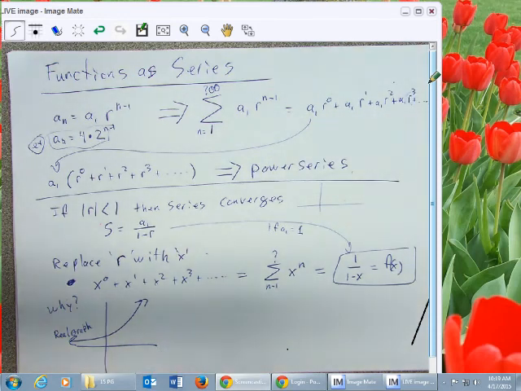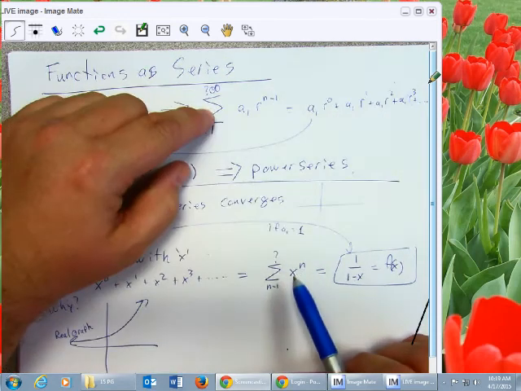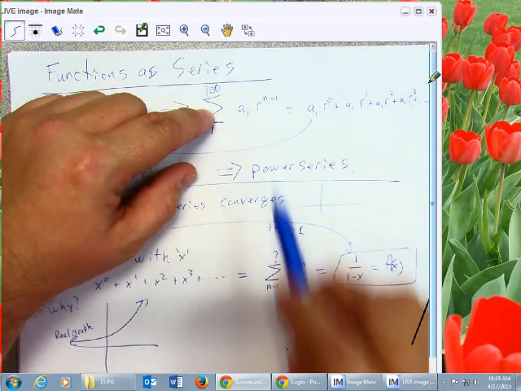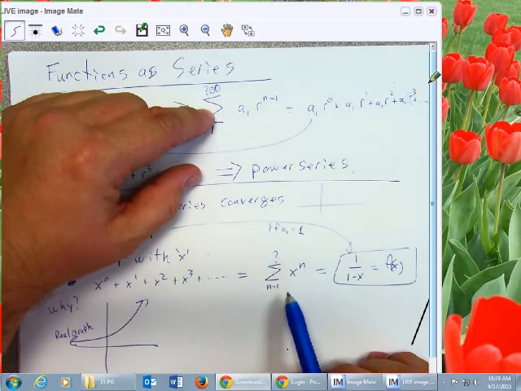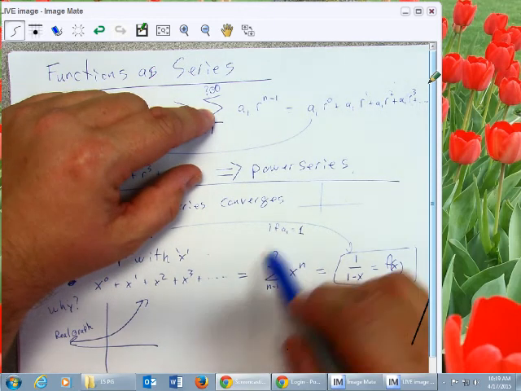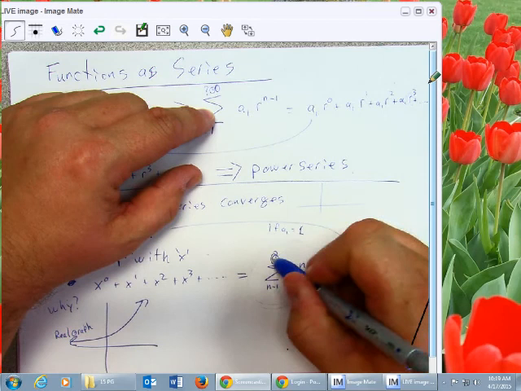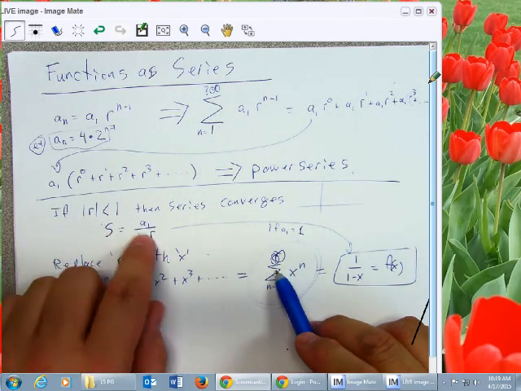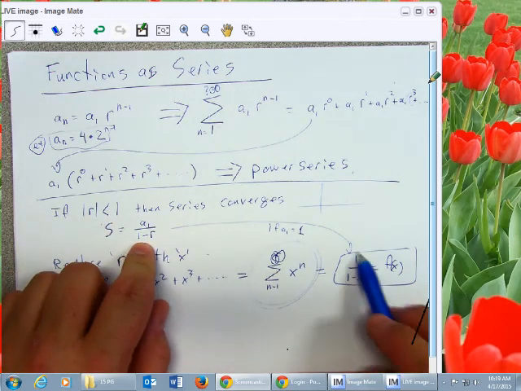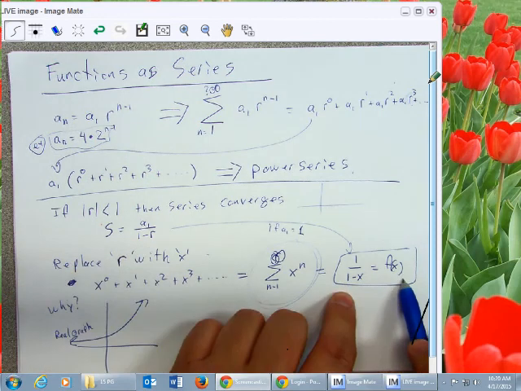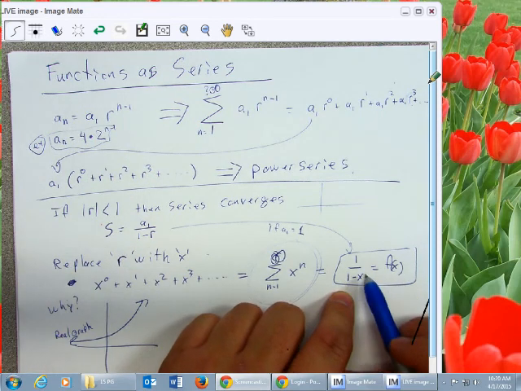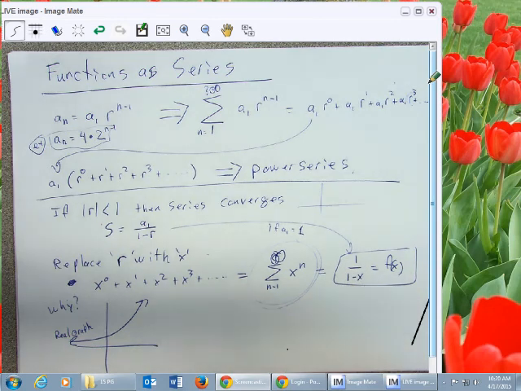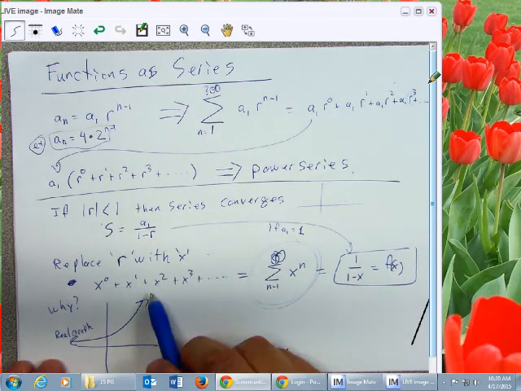Now, that means we could also go from right here and replace this r with x and this a sub 1 with 1, allowing me to have this as my series as long as it goes to infinity. If that's the case, then I can also replace a sub 1 and r here and make it 1 over 1 minus x, and now it becomes a function of x. So 1 over 1 minus x is a function of x. The whole point is if I have some real graph,